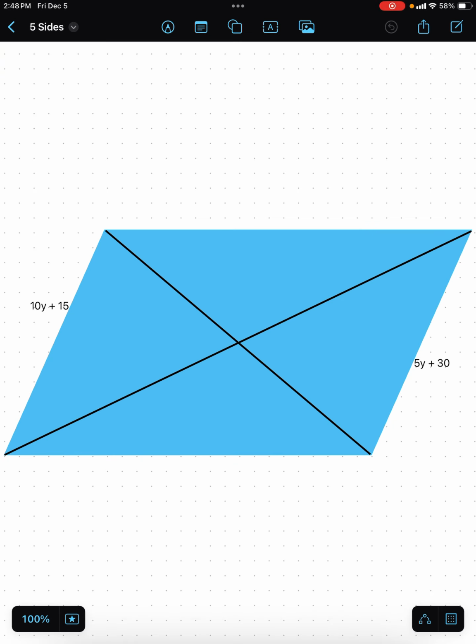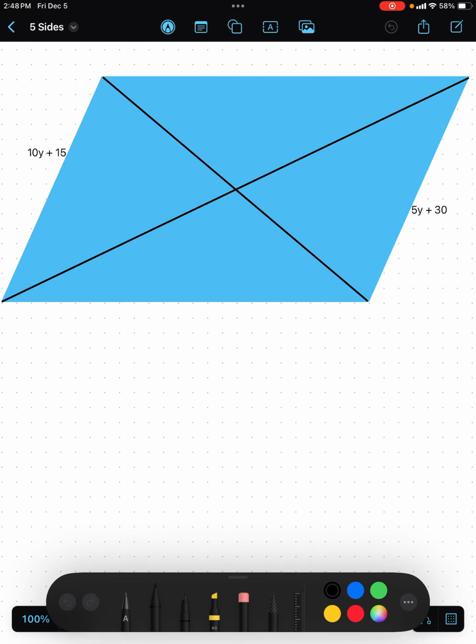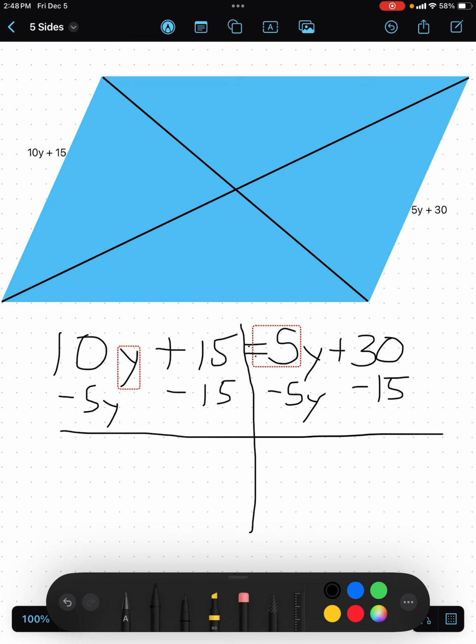But if you throw in some algebra, we're going to have to set up an equation. So opposite sides, again, they're equal. So let's set them equal to each other. 10y plus 15 equals 5y plus 30. We will subtract 15 from both sides, and we will subtract 5y from both sides, and that's going to give us 5y equals 15, y equals 3,